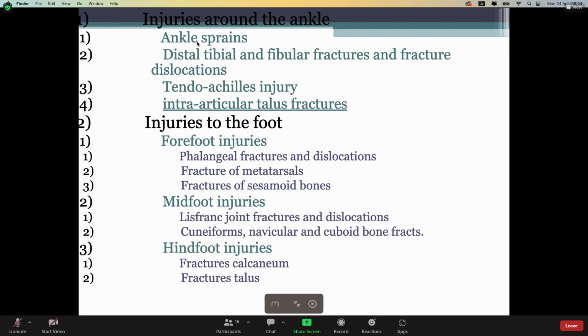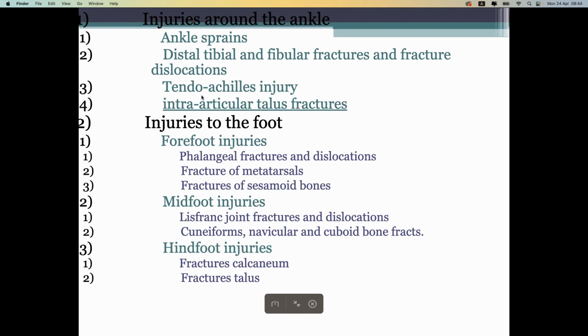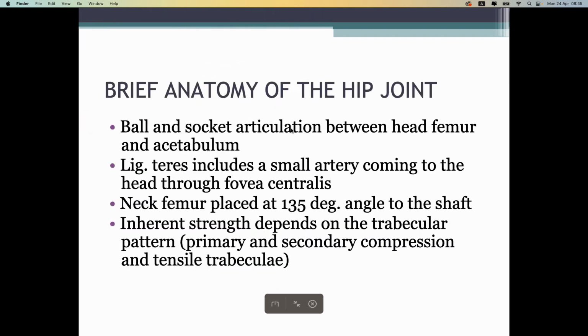The ankle sprain, ankle strain, ACL injury, intra-articular talus fracture, which are not discussed usually in the practice classes, but superficially covered in the lectures. Okay, injuries to the foot, forefoot injury, midfoot, and hindfoot injuries. Okay, let's get started. This is the injuries around the hip joint, and briefly talk about the